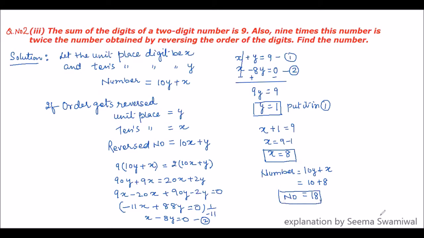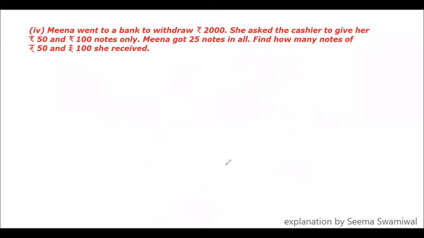Let's do one more problem. Whenever you are solving a word problem, first of all, you have to represent it by an equation. Two conditions will be given in the question. One condition will give you the first equation of the system, and the second condition will give you the second equation of the system. So let's find out the equation first.